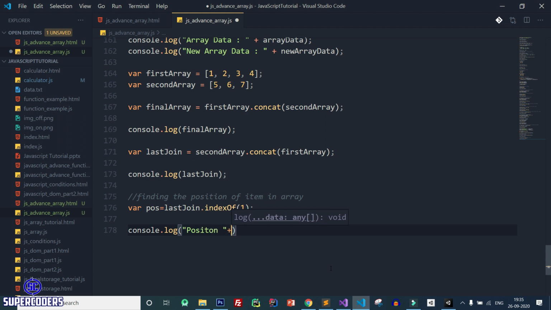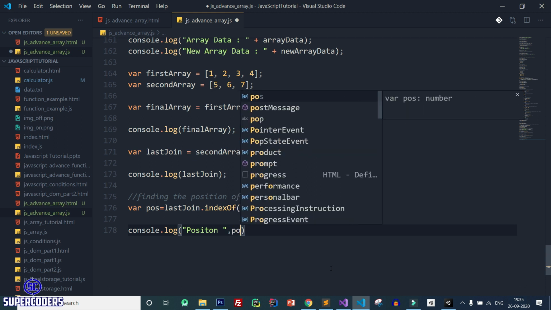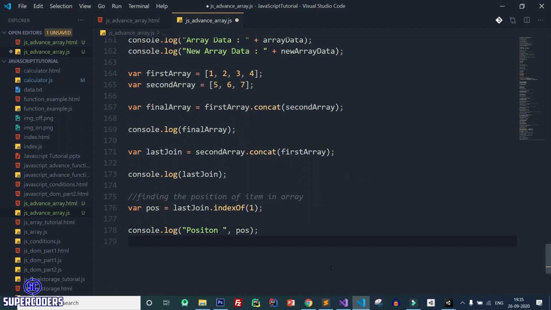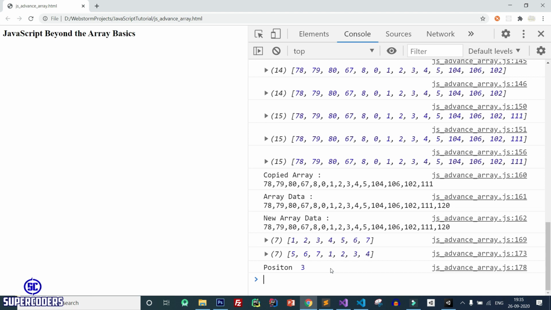After that, or simply pass comma pos. Save it, back to Chrome, refresh page, and you can see position is 3, so 0 1 2 3.